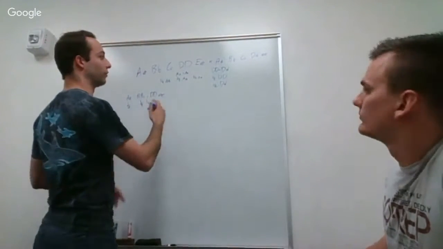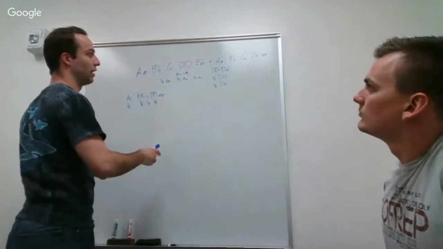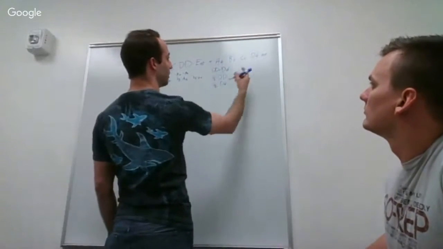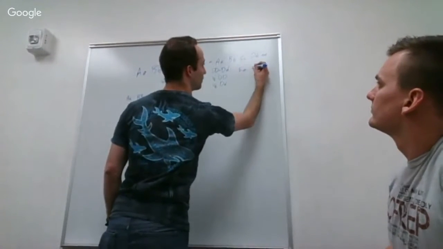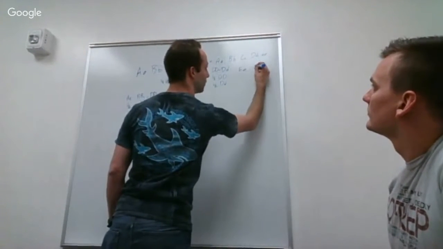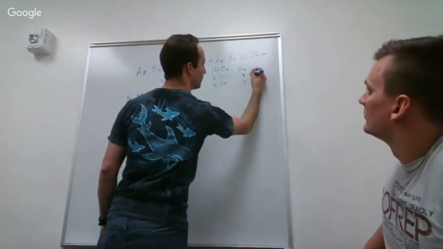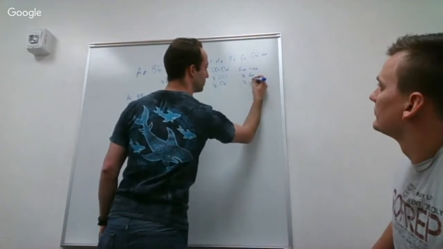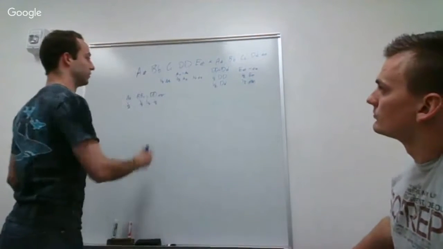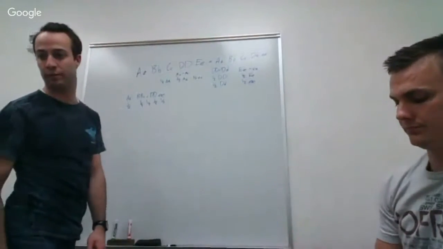So for this D, we would just get half each time. And pretty similar with the heterozygous and the homozygous recessive. This will end up being half and half of heterozygous and homozygous recessive. And so then this would be half as well. So you just add up the fractions, and it ends up being